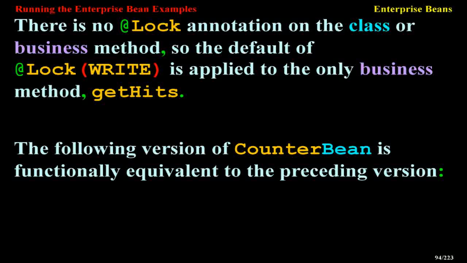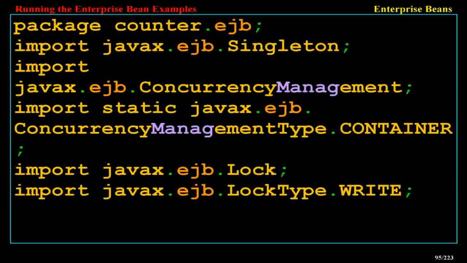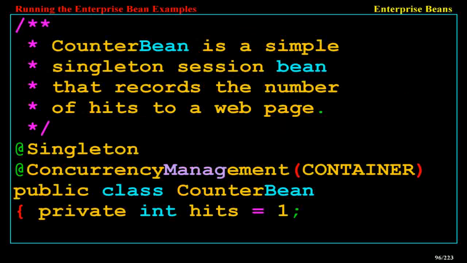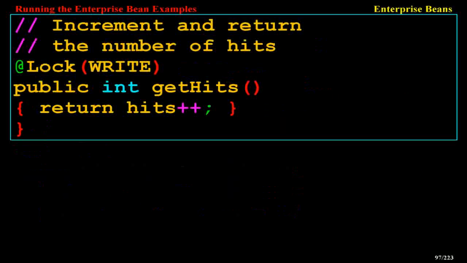The following version of CounterBean is functionally equivalent to the preceding version. package counter.ejb; import javax.ejb.Singleton; import javax.ejb.ConcurrencyManagement; import static javax.ejb.ConcurrencyManagementType.CONTAINER; import javax.ejb.Lock; import javax.ejb.LockType.WRITE; CounterBean is a simple singleton session bean that records the number of hits to a web page. @Singleton @ConcurrencyManagement(CONTAINER) public class CounterBean { private int hits = 1; // Increment and return the number of hits @Lock(WRITE) public int getHits() { return hits++; } }